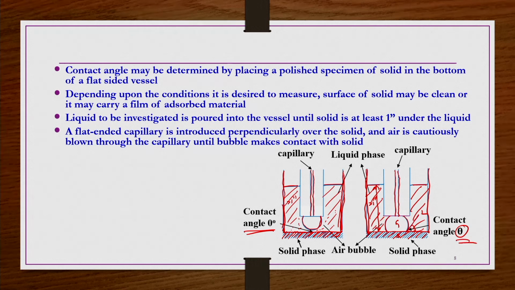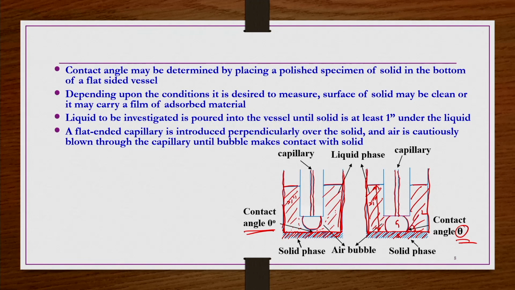That we call the contact angle, and this contact angle is a very important requirement in order to know the interfacial tension. Okay. This is how you can measure the contact angle for a given system where 3 or more phases are in contact with each other and at equilibrium. Okay.